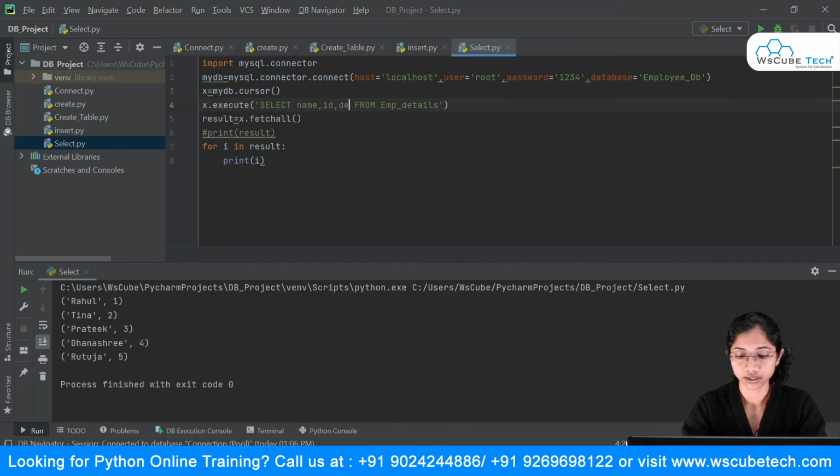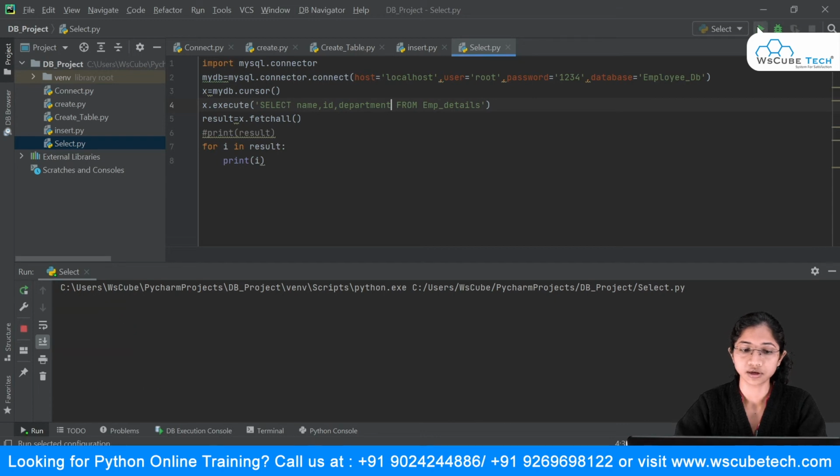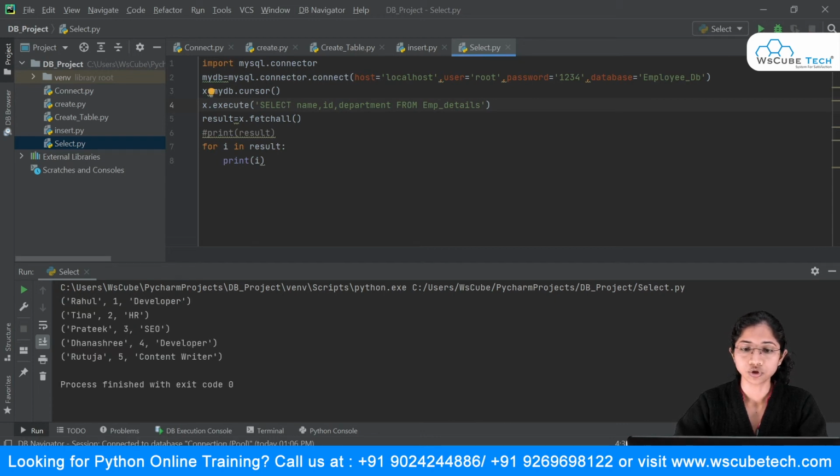And at last, if you want the department as well, just type department over here after separating it with the delimiter, and you can see over here we are getting the department. So if you just want a particular record, say name, ID, these are nothing but your columns, right? So if you want the record of that particular column, you can simply type that name or ID or department, and you can print that as well. And if you want to display the entire record, you can go with this star, that is the asterisk symbol. That's it.